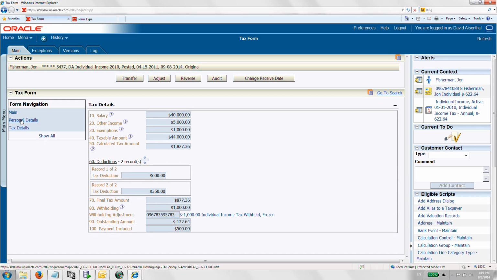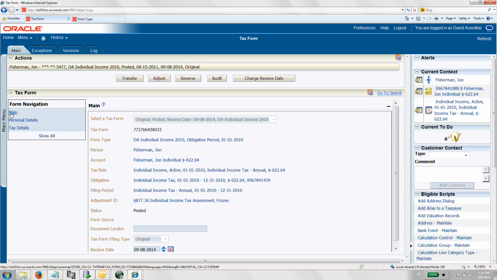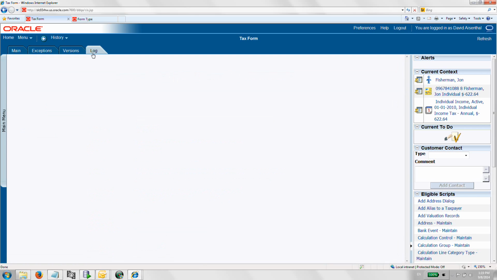So as we said, we would expect it to be around 620 in credit, and that's actually true. That's exactly what we have. If we actually look at the logs, we can see that